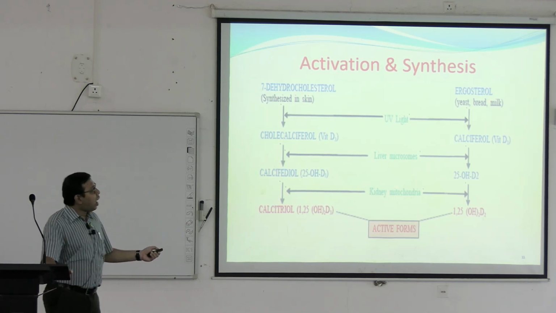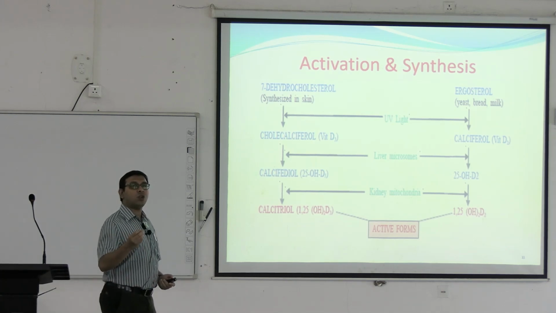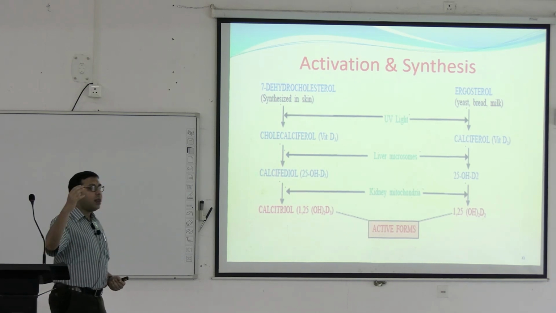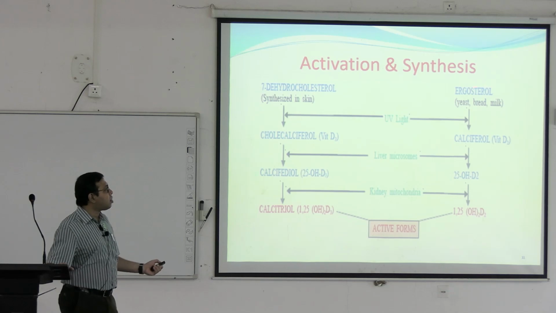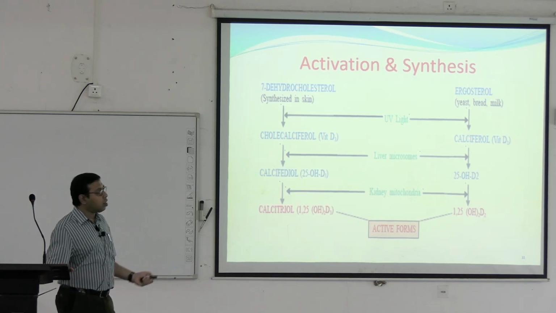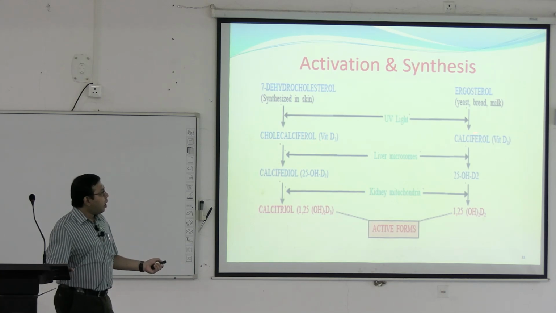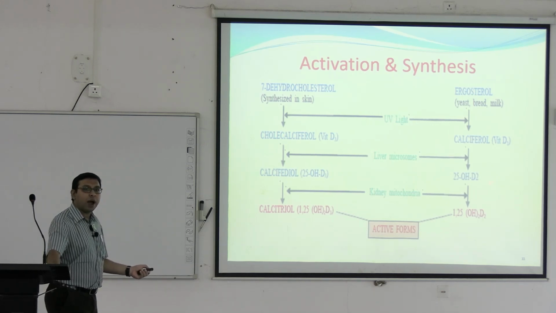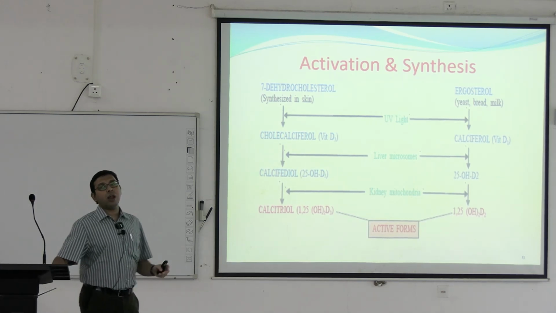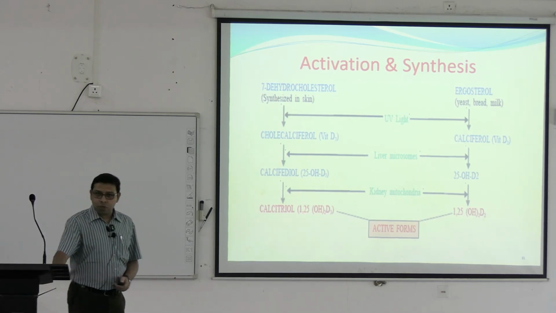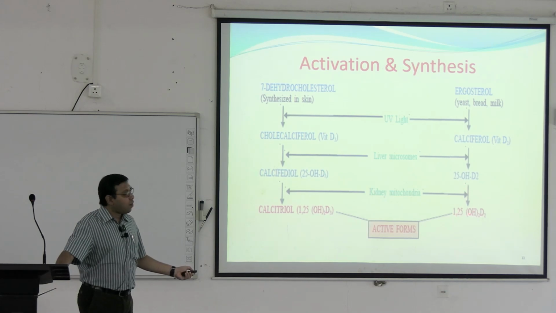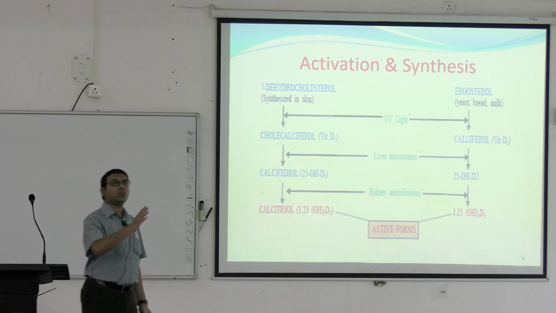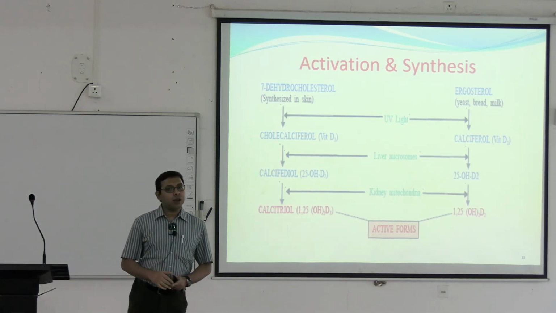Similarly, ergosterol is mainly present in yeast or plant-based products, bread, or different types of foods, where it can be irradiated by means of ultraviolet rays. Again, it is converted to calciferol, known as vitamin D2. When this vitamin D2 is ingested, within the liver microsomes it is converted to 25-hydroxy vitamin D2. That is, 25 hydroxylation always occurs within the liver microsomes. And then again it is converted to 1,25-dihydroxy vitamin D2 in the kidney mitochondria. So 2 hydroxylations happen: 25 hydroxylation happens in the liver and 1 hydroxylation happens in the kidney.